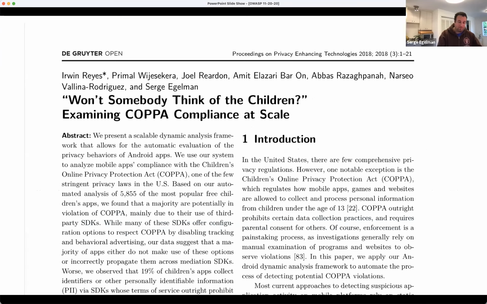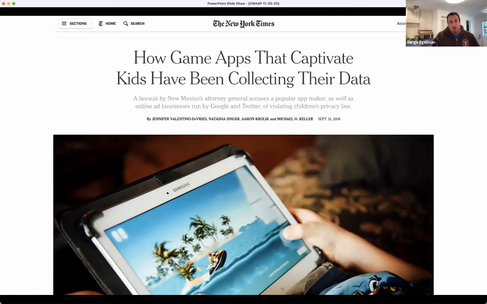And so we published this. And that made some waves because I guess a lot of people didn't quite understand the level of non-compliance out there. And in fact, one of the bigger developers that was doing a lot more egregious things got sued, along with Google and Twitter as advertisers embedded within the app. And so, that was fun.